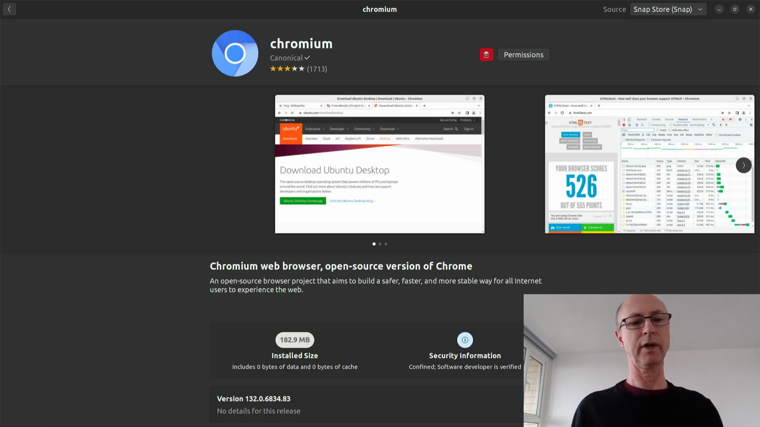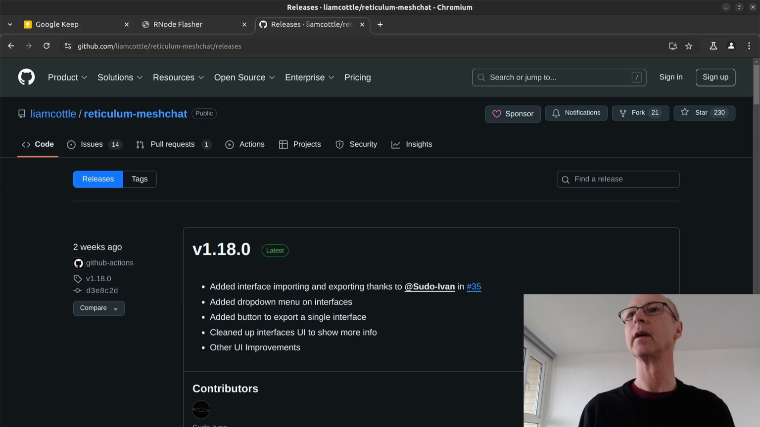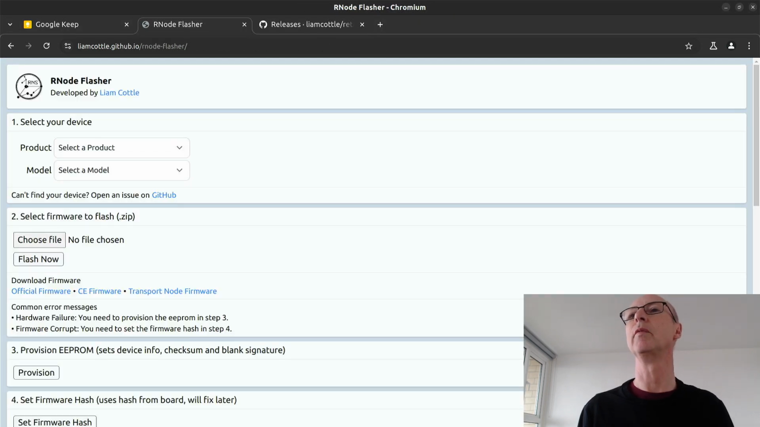So how would I do this? Probably the easiest way is to hope that I've already got the tab open. So what you need to do is to put this URL into the Chromium browser: liamcottle.github.io/rnode-flasher. And Liam is the person who wrote the Reticulum Meshchat software, which is gaining popularity. You'll see more and more people are using it, and I'm getting used to how to use it. So anyway,